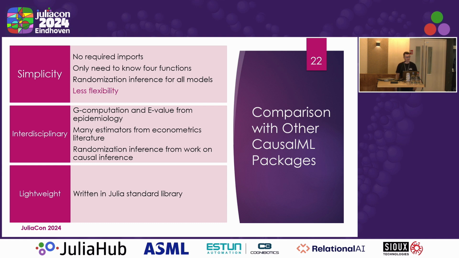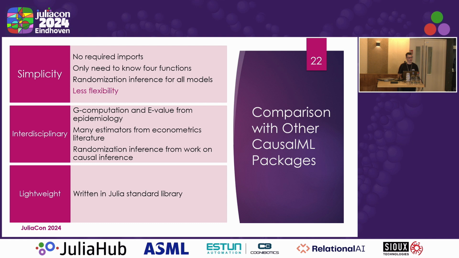And okay, so what are the design principles here of CausalELM, and how does it compare to other packages? So one of the big overarching things in CausalELM is simplicity. So when using CausalELM, there's no required imports. So if you've used something like econML in Python, or CausalLib, I think is Salesforce's package in Python, you have to import other models. They have these classes that you can use as estimators, but for the machine learning models, you have to import scikit-learn or statsmodels or something else, and then instantiate those models. That's not the case here.